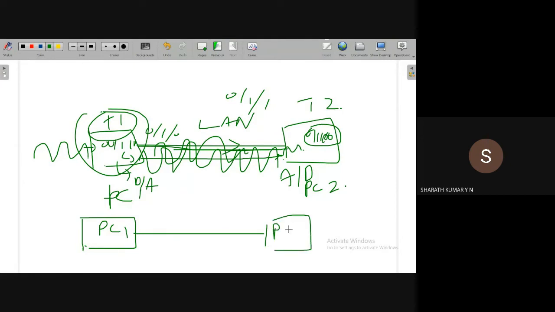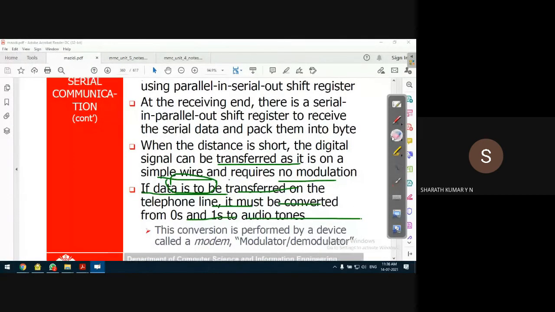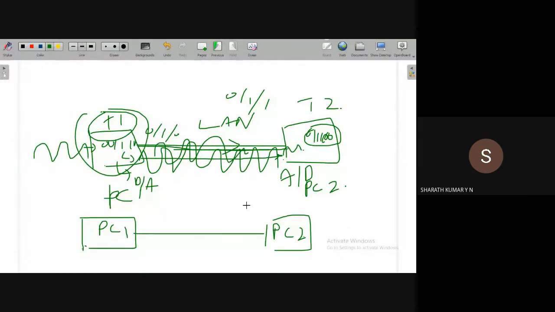For these two devices to communicate, there needs to be what is known as modulation. Just now we have understood that for longer distance communication, what we require is modulation. Without modulation, we cannot send. For short distance communication it is okay, but longer distance communication requires modulation. Whenever modulation comes into the picture, I think you have studied two types of modulation in your basic electronics, I guess.